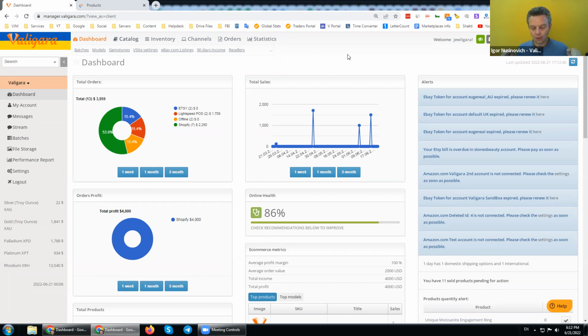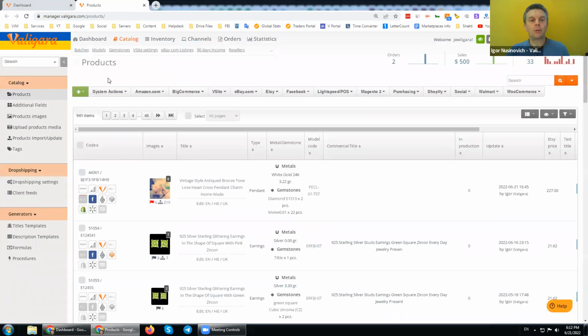So on Valigara, if we look at different parts of the system, we will see that we have multiple tools. We'll try to quickly go through this.